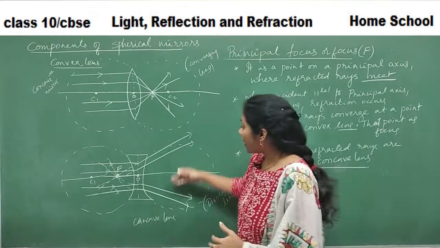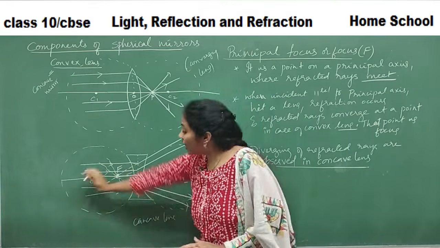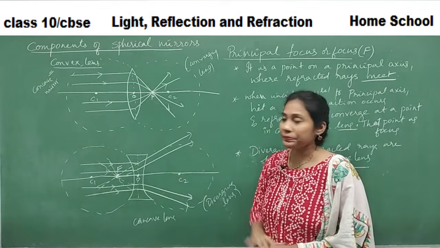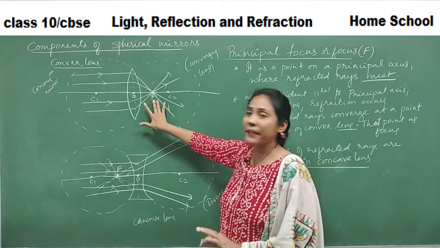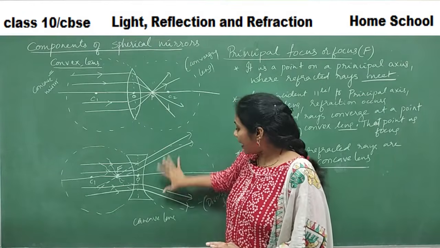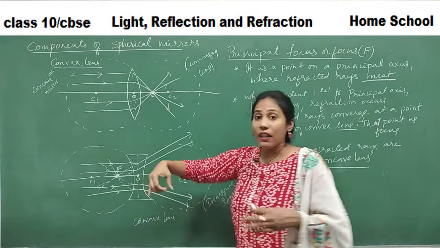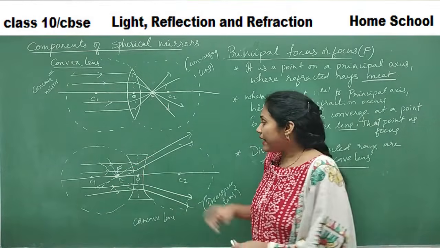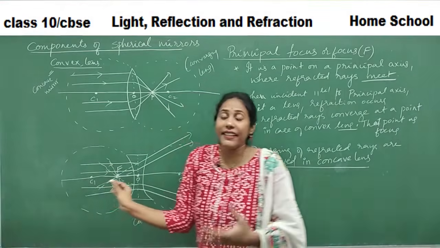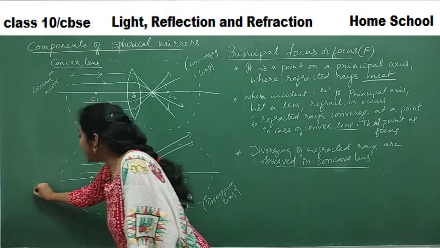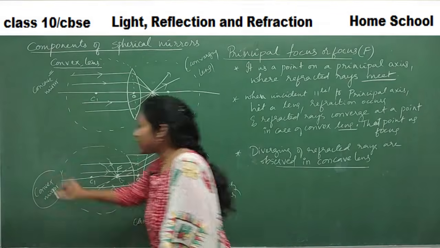Actually, here the refracted rays are not meeting, but they will appear to meet on the other side where refraction is happening. What's happening here? On this side, the refracted rays you found all meeting. But on this side, the refracted rays are not meeting. They are meeting somewhere backside, imaginarily. Yes or no? This particular thing, appearing to meet, we have studied in the convex mirror, right? So here the concept is similar to the convex mirror.